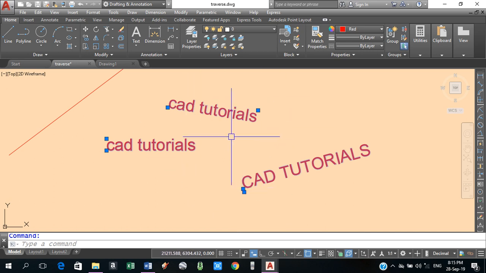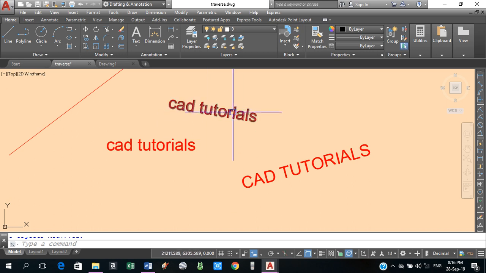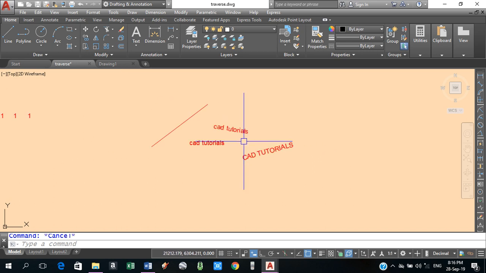So I want to change all of them. Simply hit the shortcut key TJ, hit enter. There's a message for you. Select object, select your object, hit enter. There are your options. Whatever option you want to take, you can take. I'm going to take the middle center. Just click on the MC, and after a second, if you select your text, here you see the justification grip is middle center. Here it comes also the middle center. So by using the TJ, you can set the justification of your text, whatever justification you need.